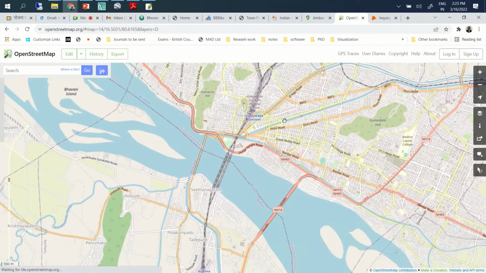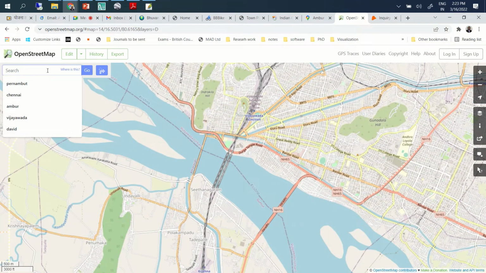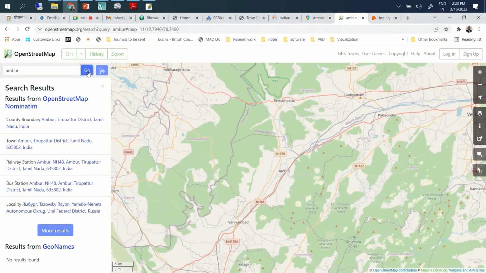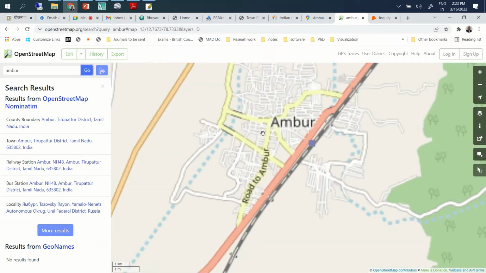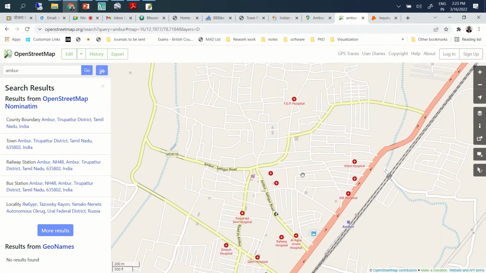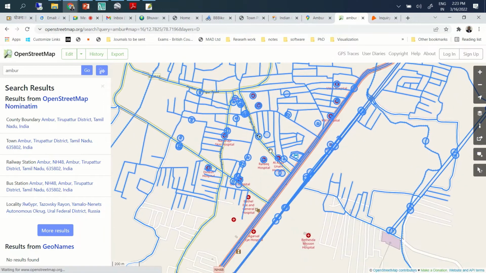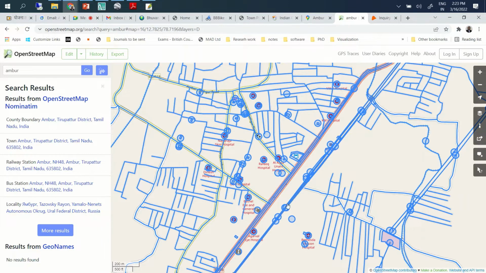There is certain information already available, and based on that, we can improvise it. You just create a login, and then you can assign the area for which you need the data.